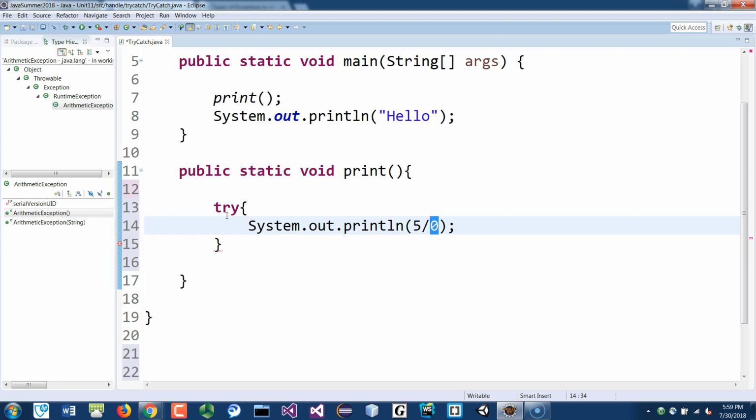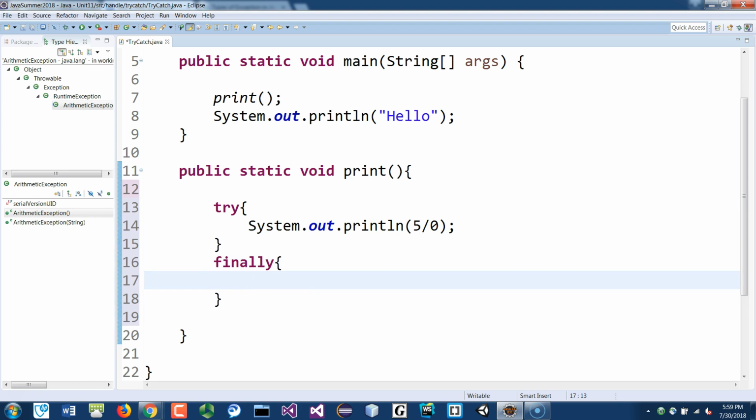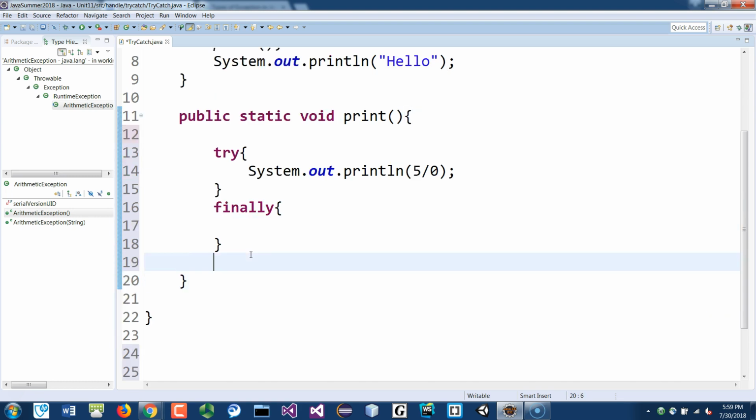Now, for every try statement, you must pair it with either a catch or a finally block. So you could say try that and then just put finally, and then you don't have to put anything there. That's okay if you don't want to. But so now, even though we didn't catch the error, it should not crash our program because we tried it, and since we didn't catch it, it will be caught automatically by the system, we just don't output information. So if I just save this and run it again,